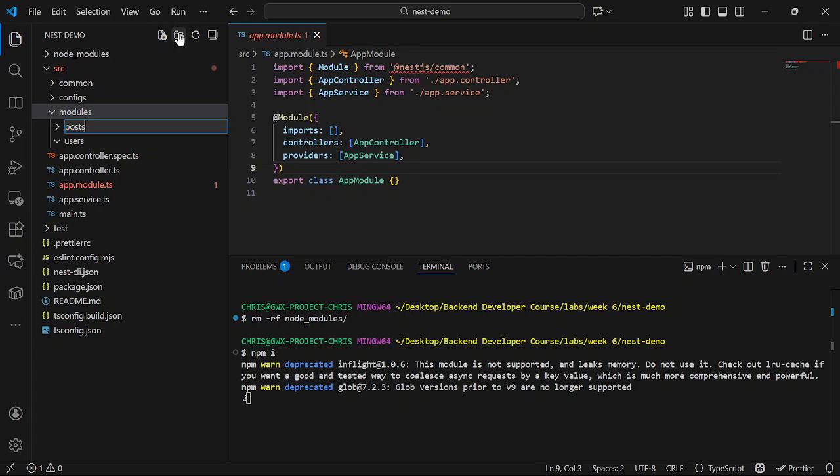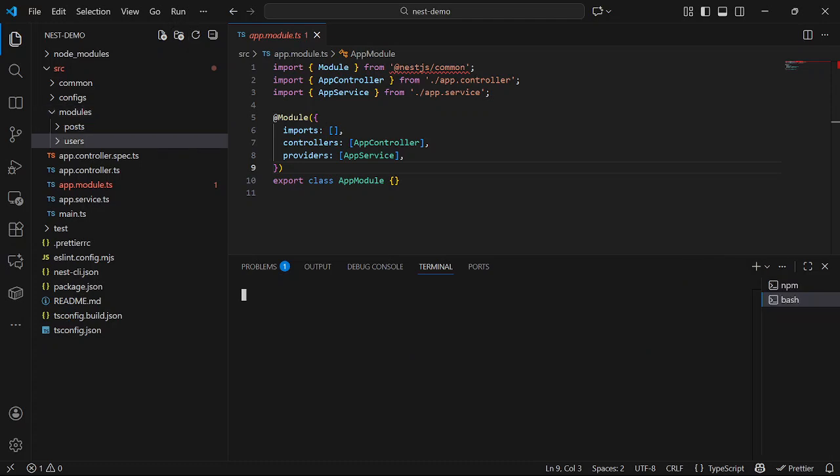Okay, so yeah. Now to create our services, our controllers, and the rest, we can use a command. If I want to create a module, service, and controller at the same time, right, I'm going to use a command. I don't know why my terminal is lagging here. Everything is just lagging. Right, this thing is just taking time.